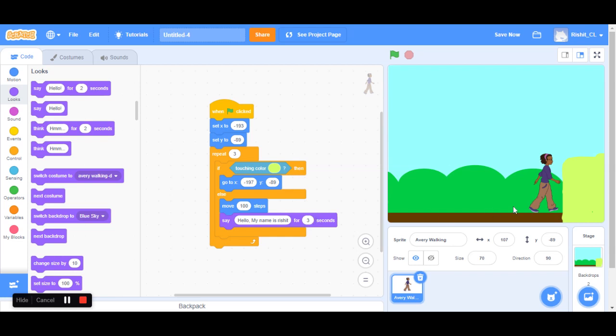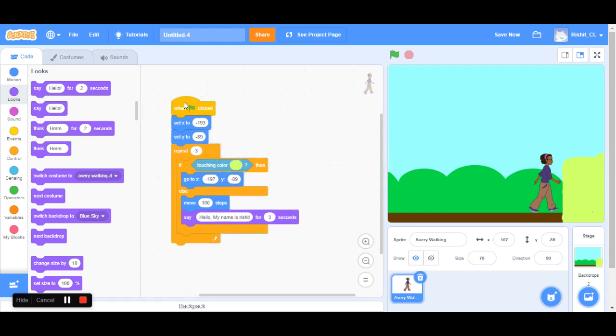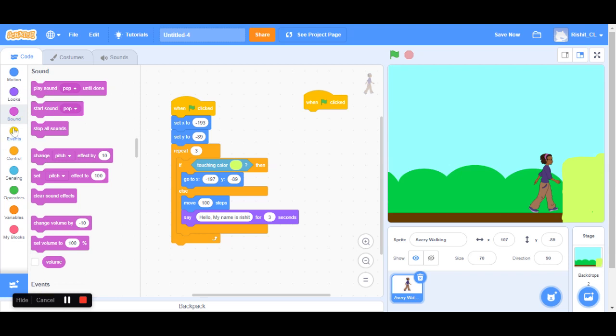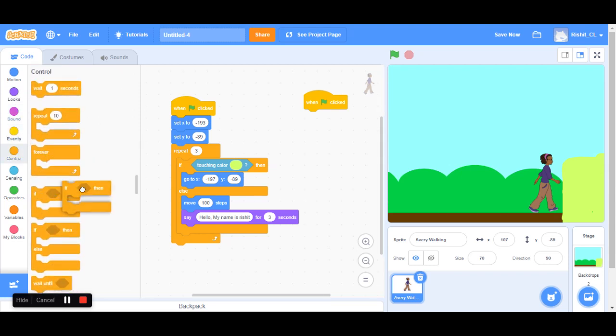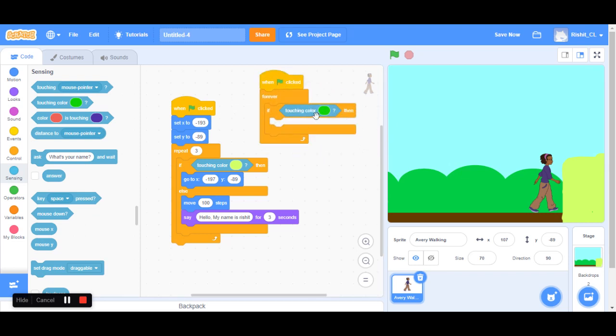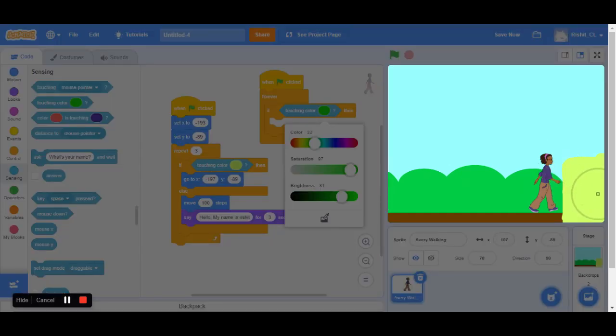And then imagine, let's just say I drag this code over here, and then I go over events and say, when sprite clicked, or no, let's do when green flag clicked. Then go to control, and what happens? A forever loop, because we do not know when it will happen, so just a forever loop. When green flag clicked, forever, we go to sensing and say touching color this, then we add a play recording block. So we drag this here, and to choose the color we're touching, we click this icon.